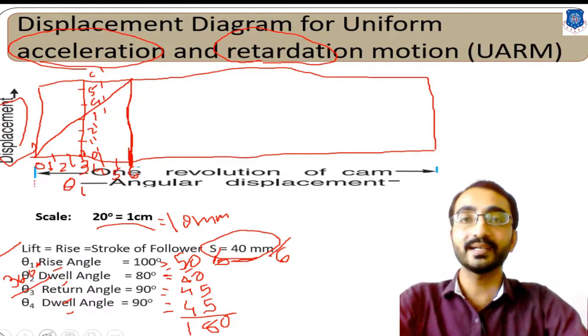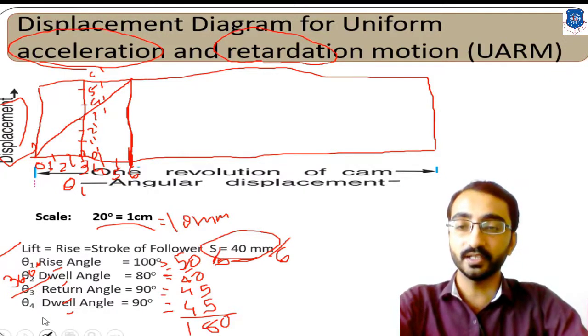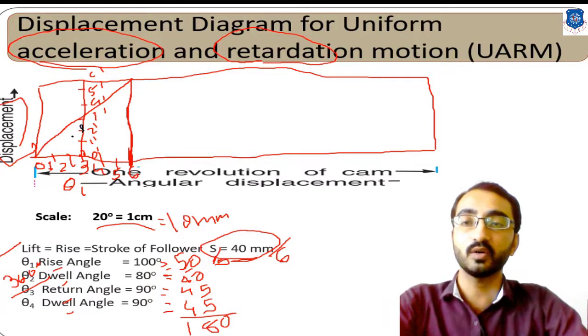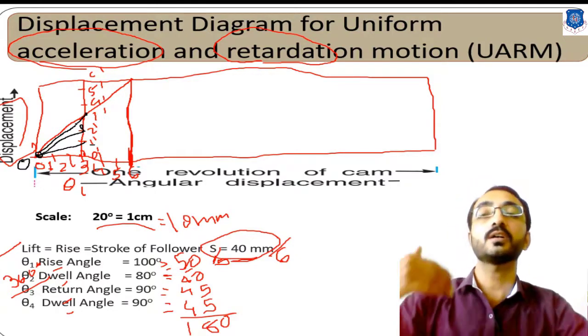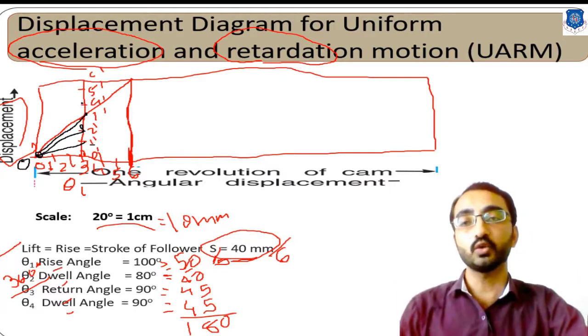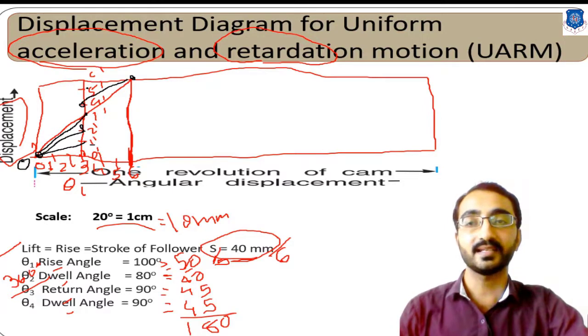Now how will you get the uniform acceleration? To get the uniform acceleration, you need to extend these divisions from your starting point. From this 0 point, extend lines making contact with the first 1 dash, then similarly extend to 2 dash, 3 dash in the same way, and 4 dash. Now for the upper divisions, you need to join this point with the end point. So over here you will get lines like this.